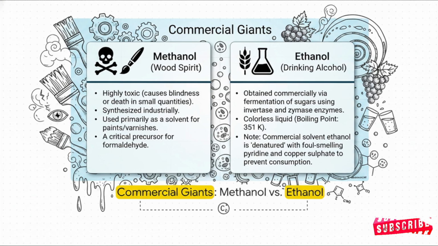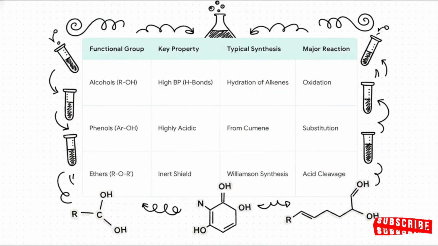Then you have ethanol, the drinking alcohol you get from naturally fermenting sugars. Literally, just one extra carbon atom is the difference between a harmless fermented beverage and a deadly industrial solvent. Pretty wild, right? Okay, if you are struggling with time management right now, pause and take a screenshot of this